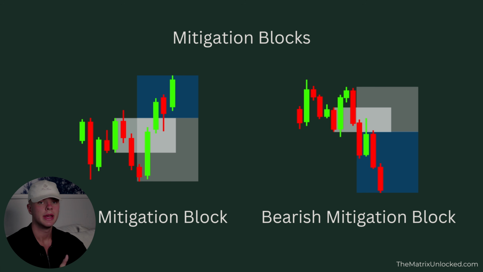So therefore it's very important to understand that from a visual perspective, breakers and mitigation blocks come very close to each other. And within every single key market reversal, there's either a breaker or there's a mitigation block. You can go into your charts and you will see that there's no reversal which takes place without one of those two. There's always a breaker or a mitigation block, so to not pay attention to them is foolishness.